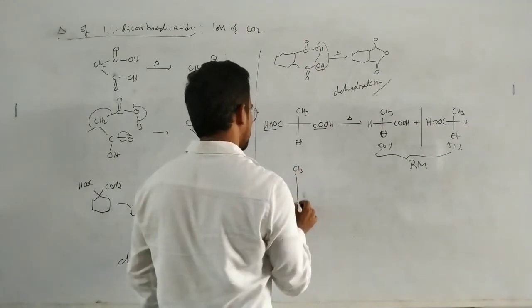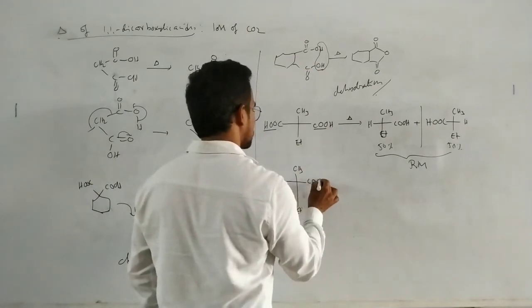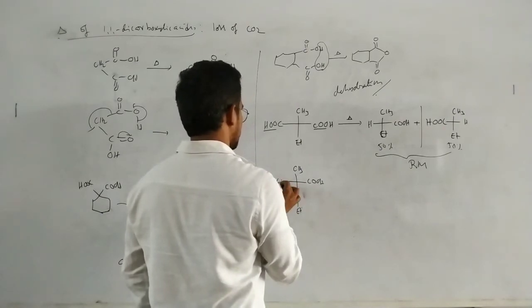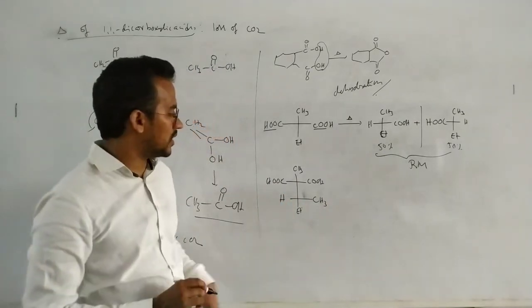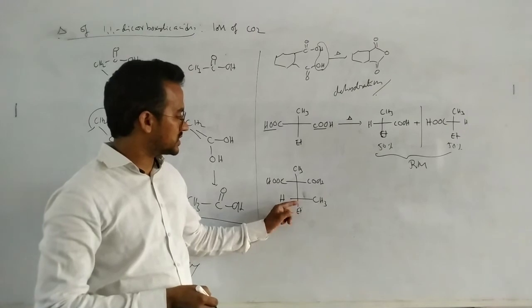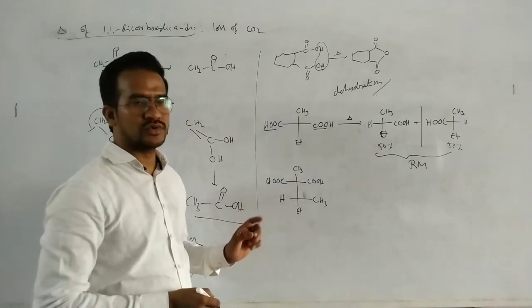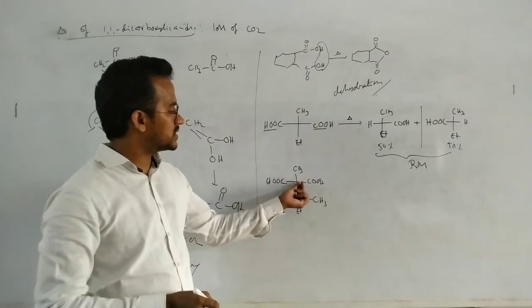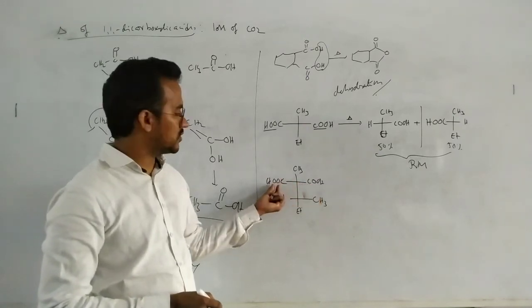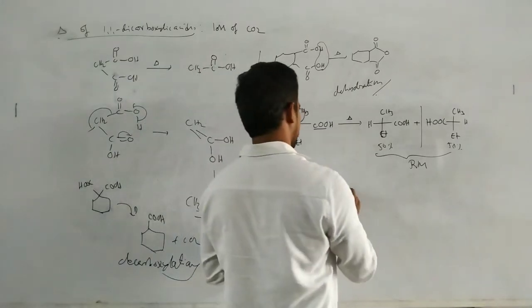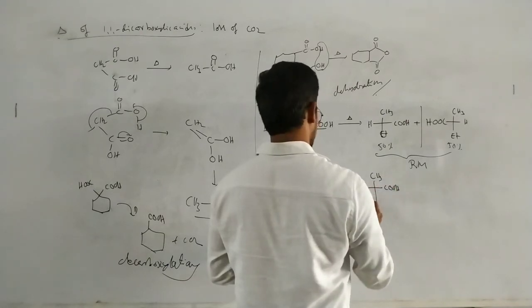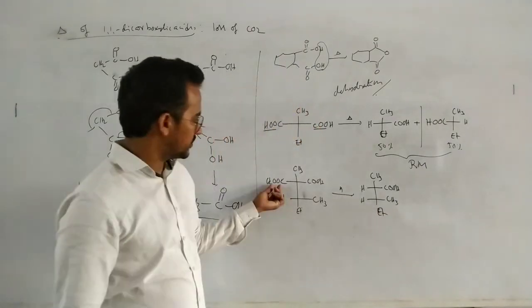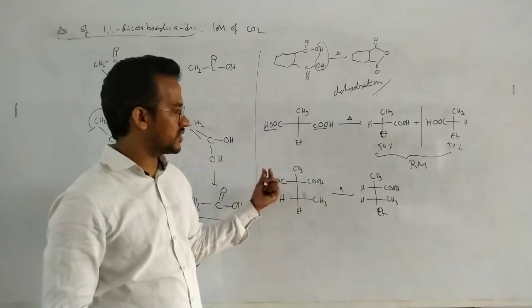For suppose CH3 and ethyl, COOH, and this one also COOH. Now in this case CH3 and this is a hydrogen. This compound has how many chiral carbons? Two chiral carbons. So in this case, this one is a chiral carbon, this one is a chiral carbon. So decarboxylation takes place at this chiral carbon. Either this COOH or this COOH can be removed. That means there are two possibilities: COOH, CH3, this one is hydrogen and this one is ethyl. From this COOH, CO2 is removed, so hydrogen on the same side.